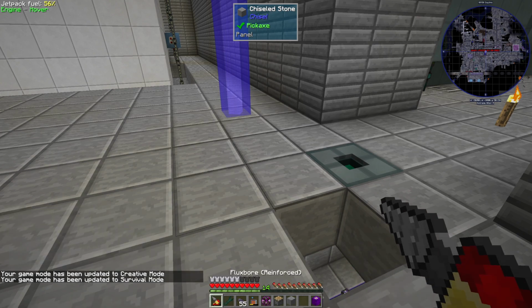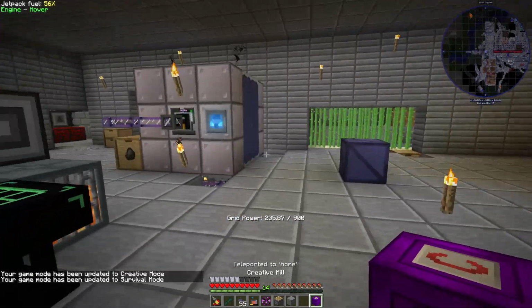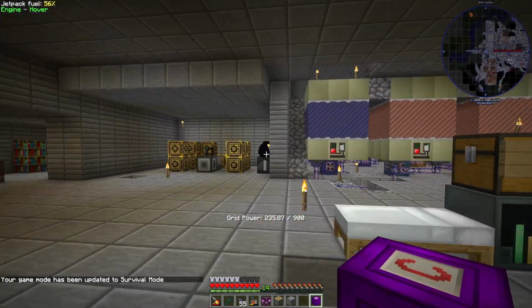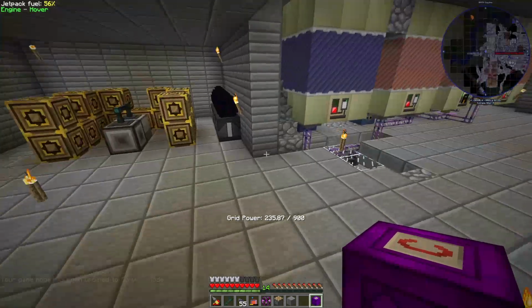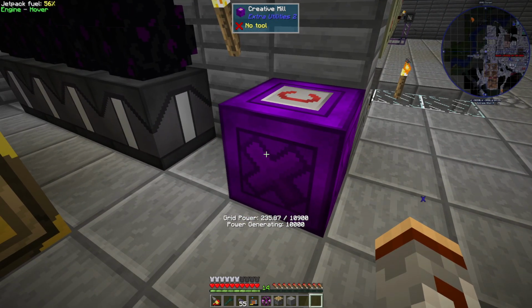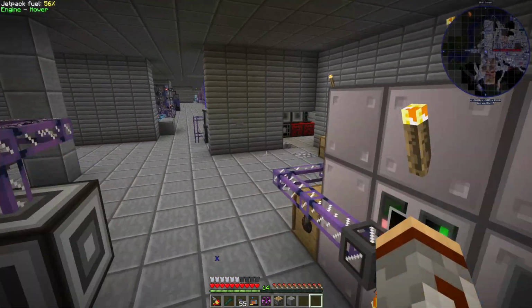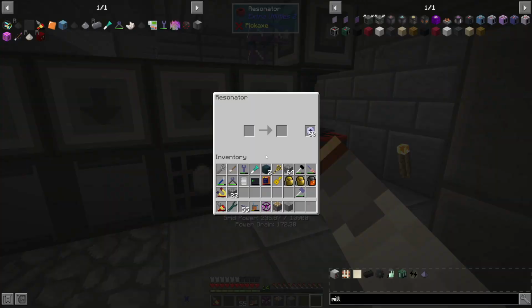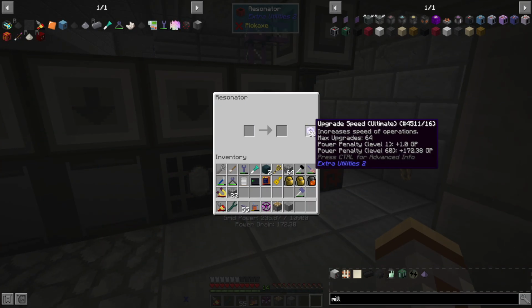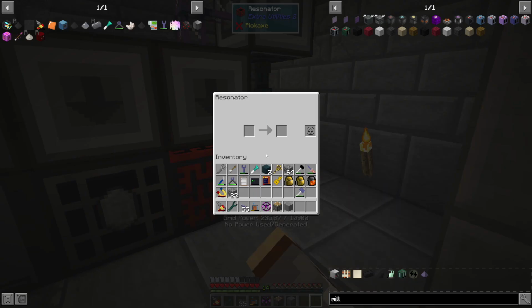Yes, there we go. I don't agree with the fact that you can't pick that up. It's kind of dumb. Okay, so now with the creative mill, I guess I'll just plop it down over here. Now, as you can see, we're generating 10,000 units of that power. So at this point, I could come over to the resonators and add... Oh yeah, it only fills up to 64. That's right. But still, we could probably do